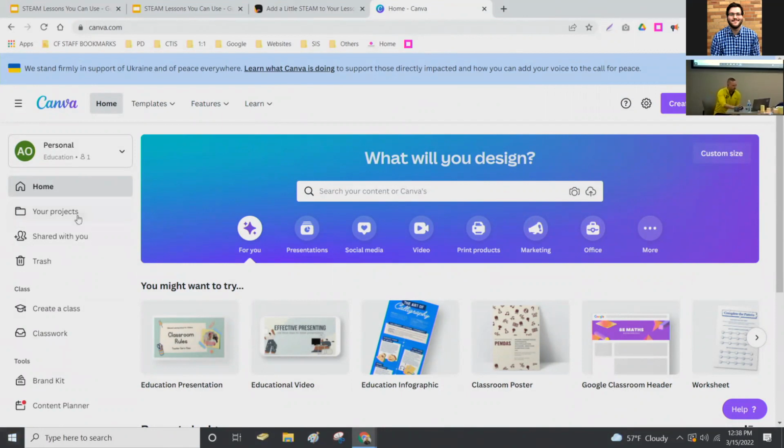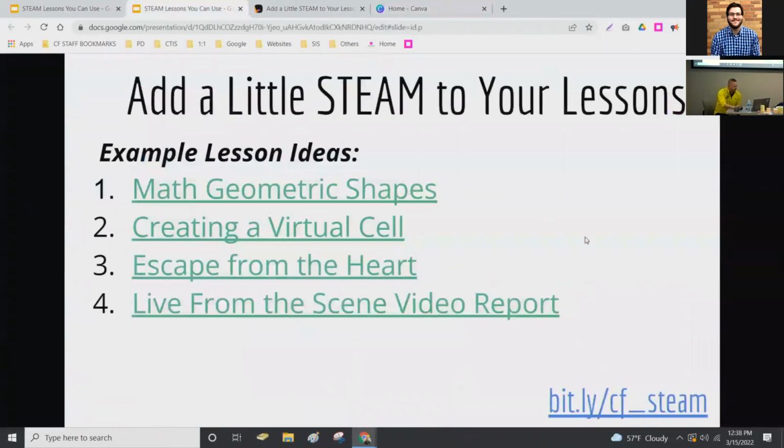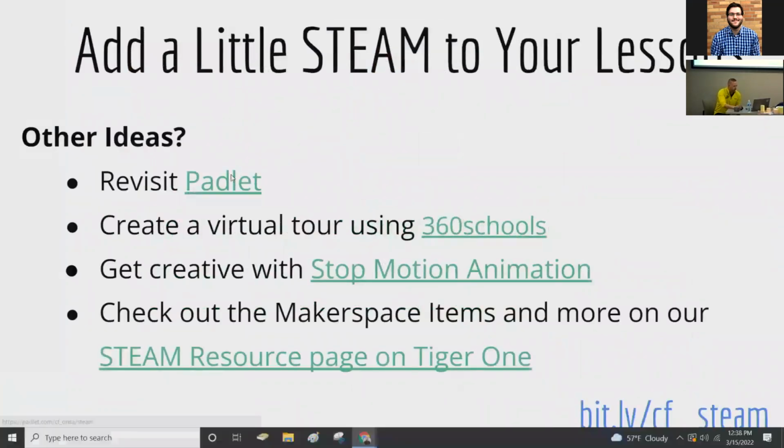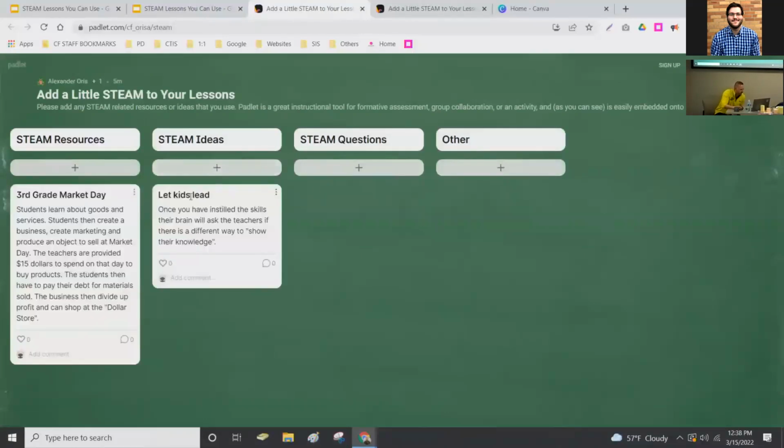Okay, so we've only got about 10 to 15 minutes left. We definitely wanted to go back to our Padlet. I did see there were a couple things in there, so thank you for adding. So the market day, we heard about that earlier. You posted about it. Do you want to share anything that we can all take away?